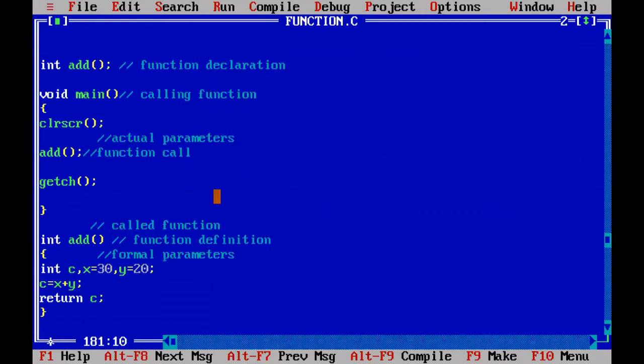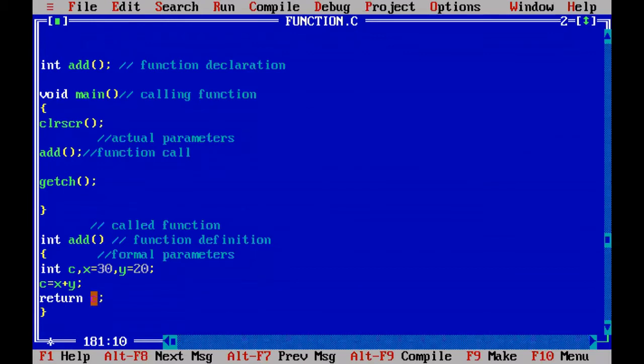So what will happen? Here you will call the function without any arguments. The function call syntax and this definition both match by name, so the controller comes to this particular addition function. Then we go into the addition function. First we declare C, x with 30, y with 20. Come to the second statement: x plus y, 30 plus 20 are added and stored into C. Now C is 50. The last statement: return C.